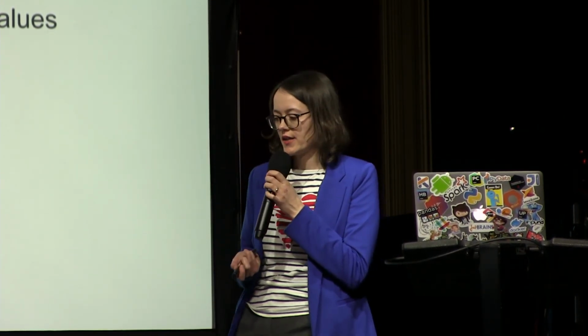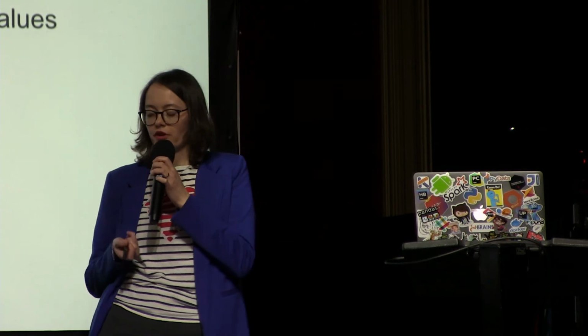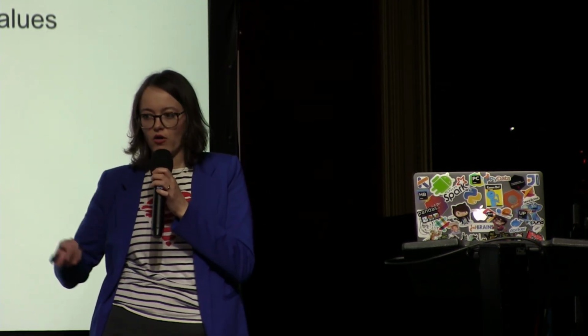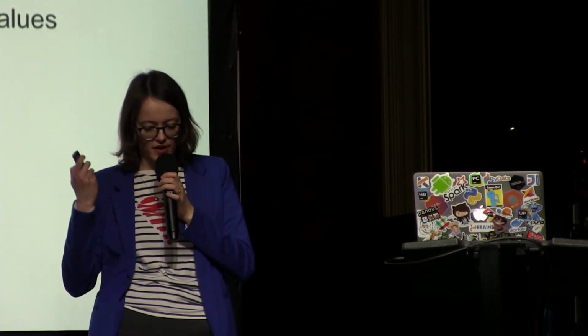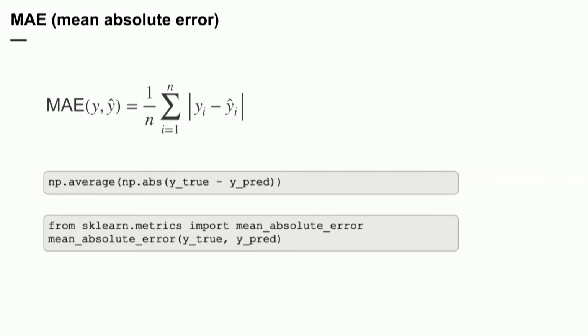And in regression tasks, very often you care about how far off you are, not just how close you are relative to the true values, but what is the actual error. And there are many metrics that can help you with that. The first one would be the mean absolute error. What we do here is take the residuals, take the absolute value of them, and take the average. It's pretty straightforward. You can get it from scikit-learn metrics as mean absolute error, or you can write it yourself. I don't know why you would, but